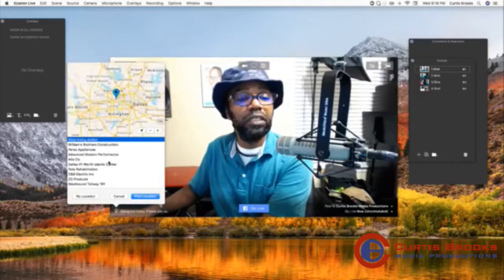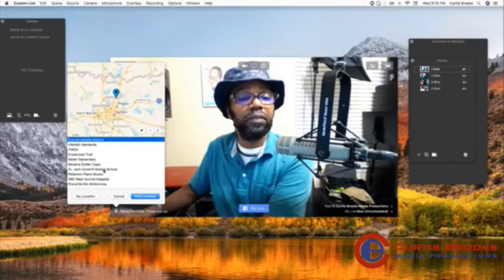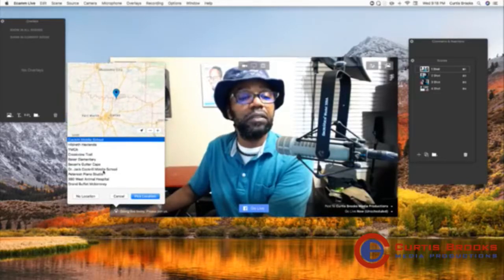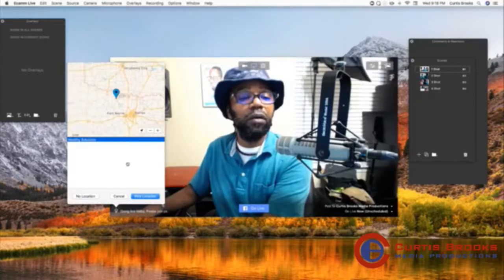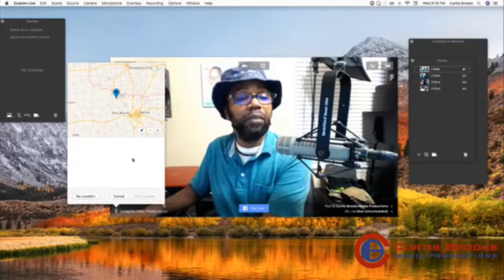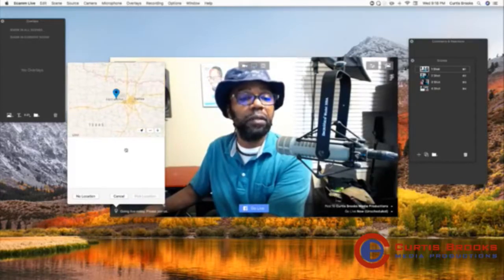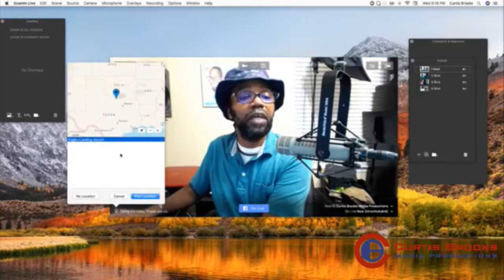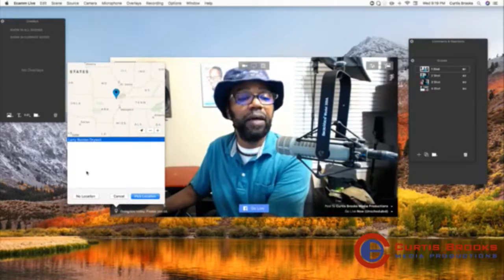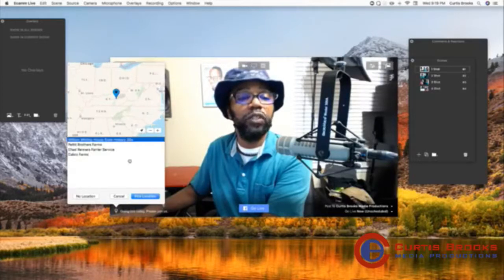Now, eventually we'll see the state of Texas. You see how it's pulling out? I'm zooming out. And now, clicking on my mouse and moving my finger, I can find other areas in Texas. Again, let's see if we can go to New York. Okay, so now I see the state of Texas. Now let's find the state of New York, again by clicking on the mouse and moving the mouse in the direction where New York is.